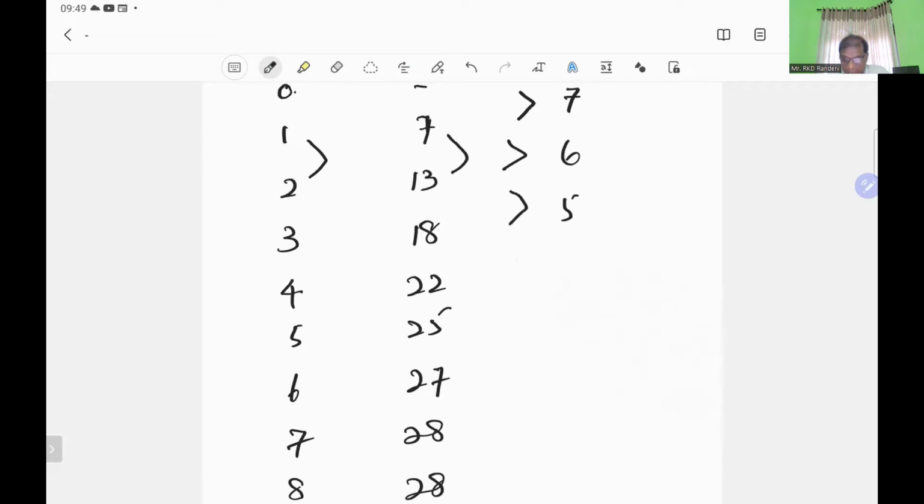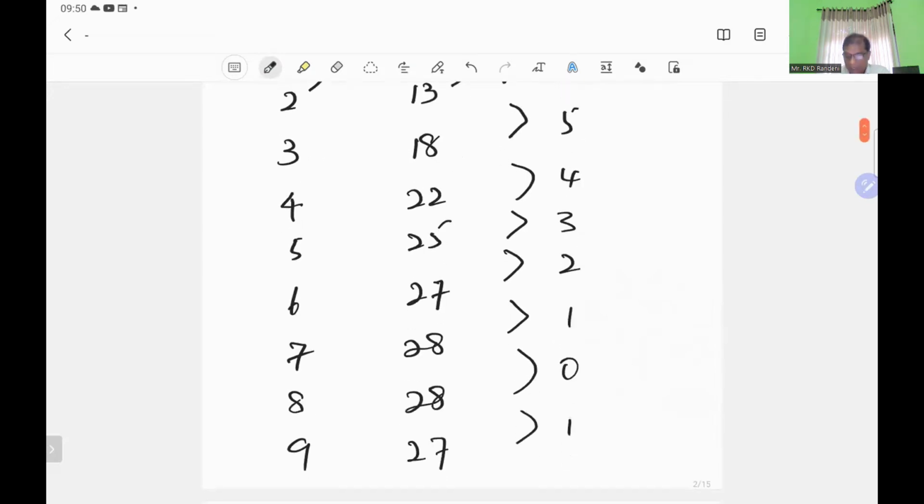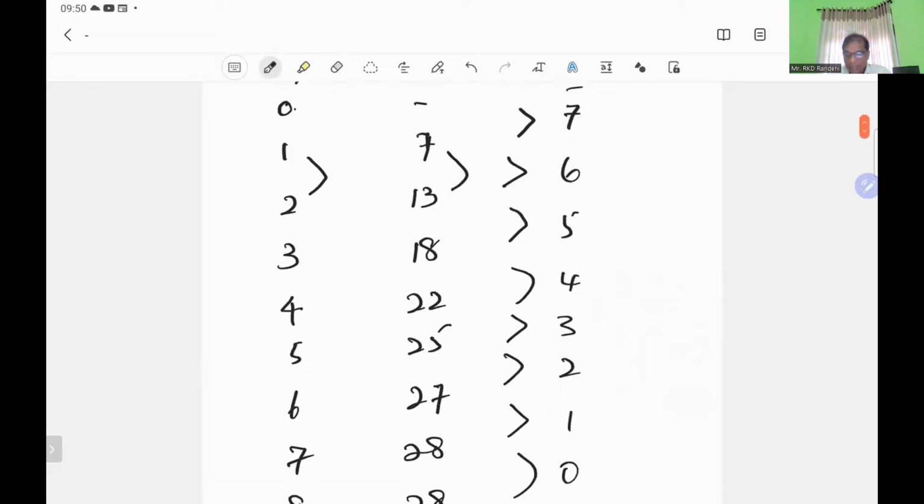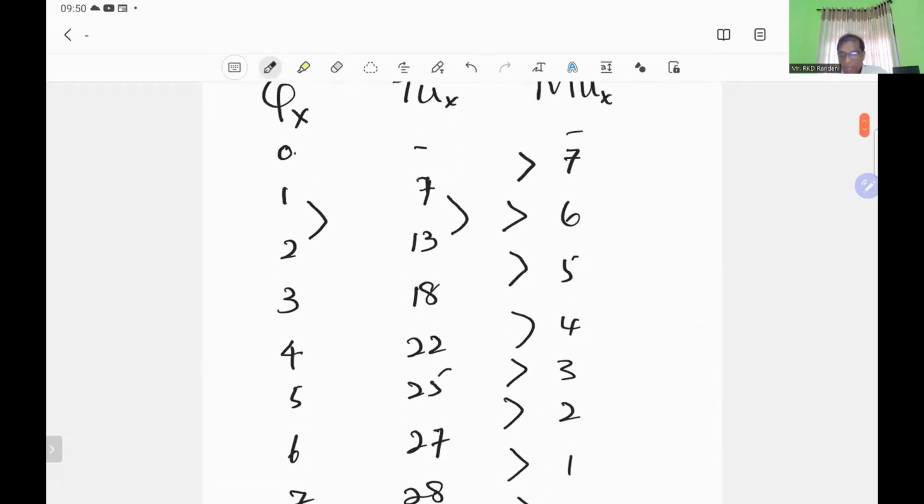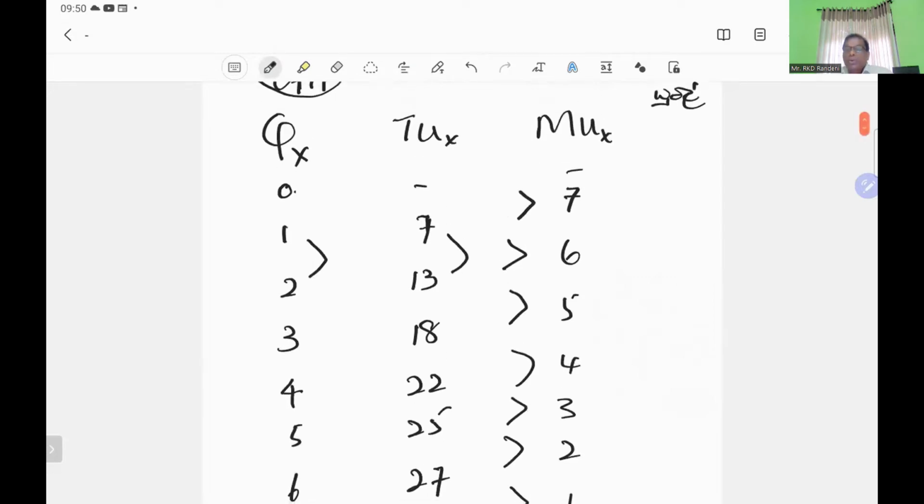Then 4, 3, 2, 1, 0, minus 1. What happened? The MU. When we are taking more and more commodity, more glasses of water,